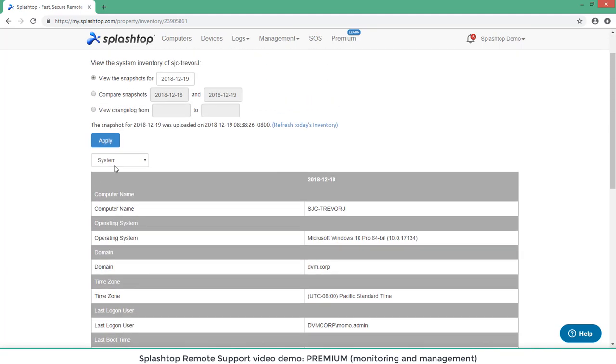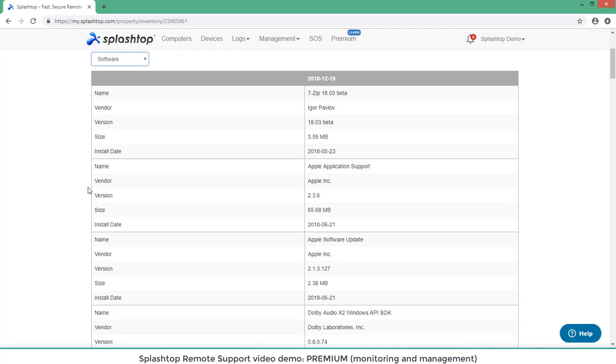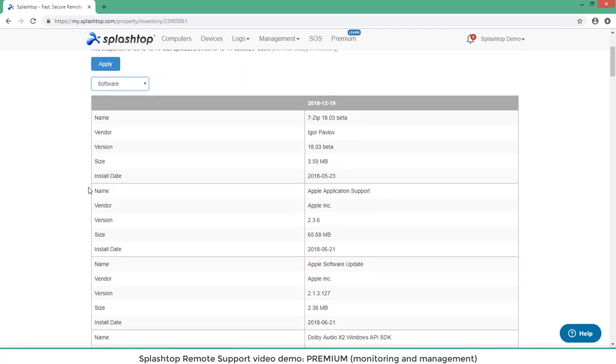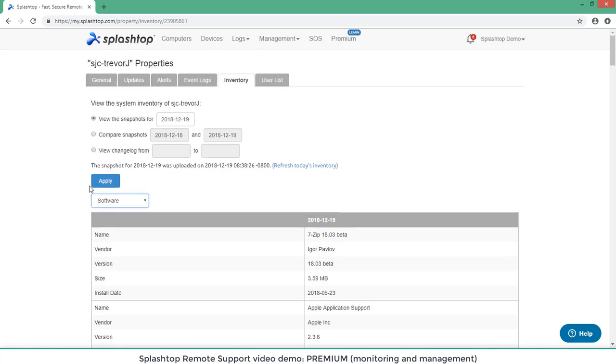And you can view 3 different reports here: System, Hardware, and Software. This gives you vital information about the computer. And one of the most valuable things about this feature is that you can compare snapshots. So if I wanted to see if anything has changed from today to last week, maybe last week the computer's running fine and today there are problems, I can click to